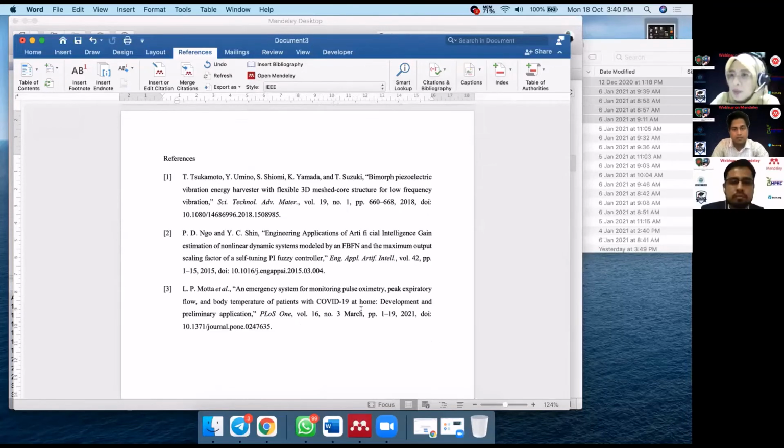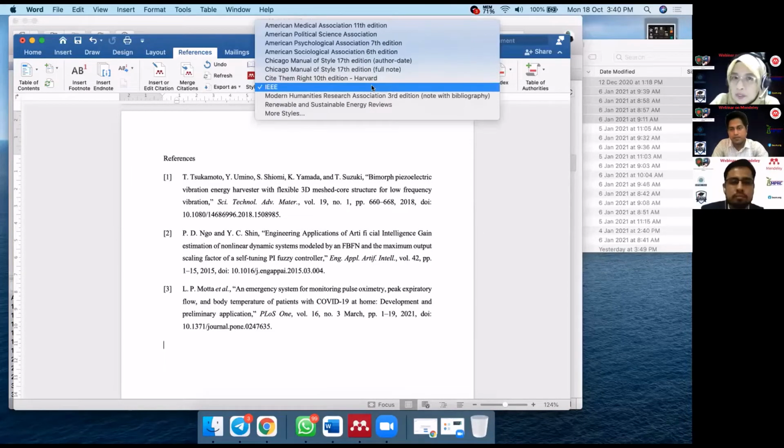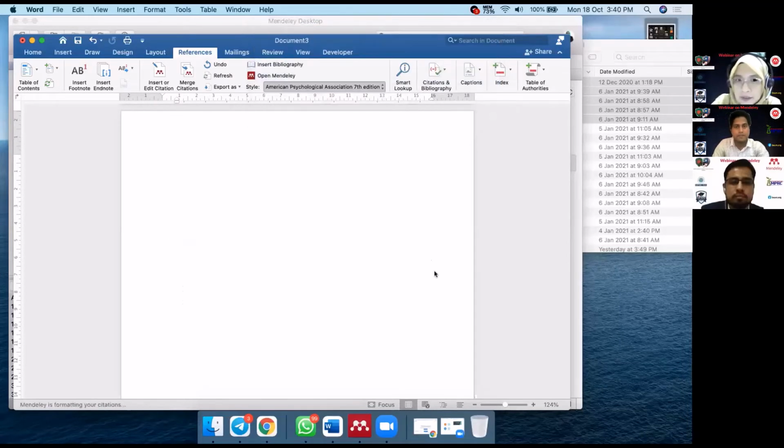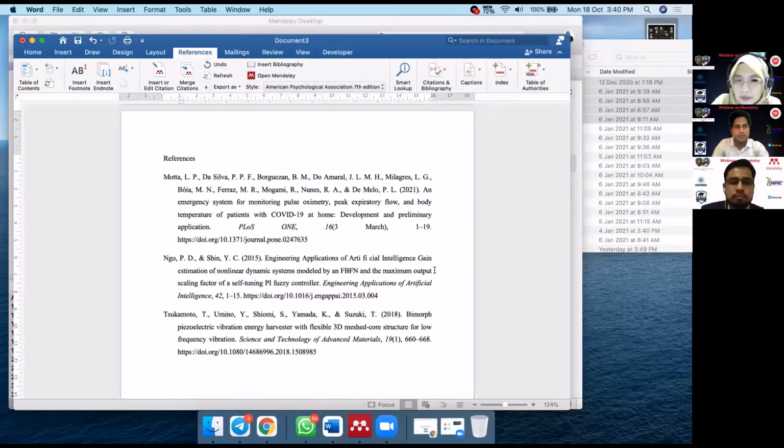So it will be automatically changed for you. So if we go back to APA 7th edition, okay, this is how it looks. So as you can see, we have this space here, the indent here. So it is automatically done for you. It's not you who does this indentation, whatever. All right, so this is how you're going to use it in your